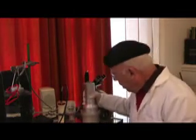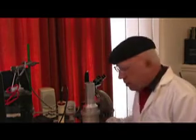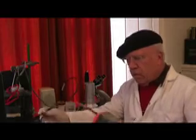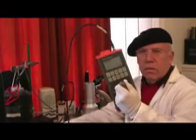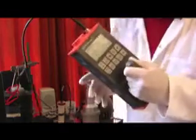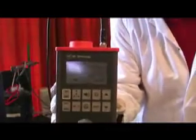But in this case, because there was not much dust, I decided to use a beta scintillating counter, one that also detects alpha emitters. That's this device here. I've got it switched on at the moment, and it's measuring just the background here. You can see the background varies slightly, but it's about 3 counts per second. We've got 2.81 there now, but it goes up and down, and you can integrate it over a long time period,